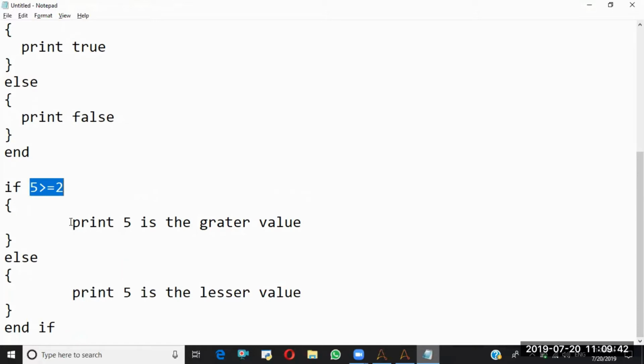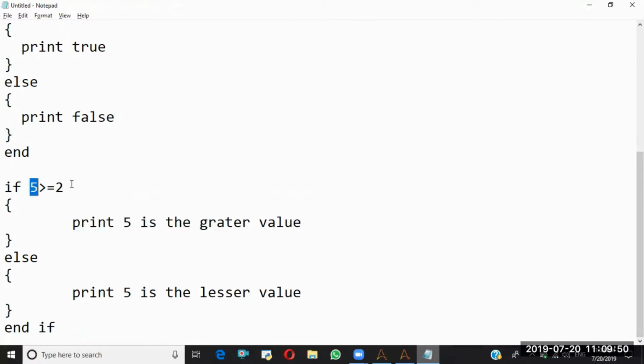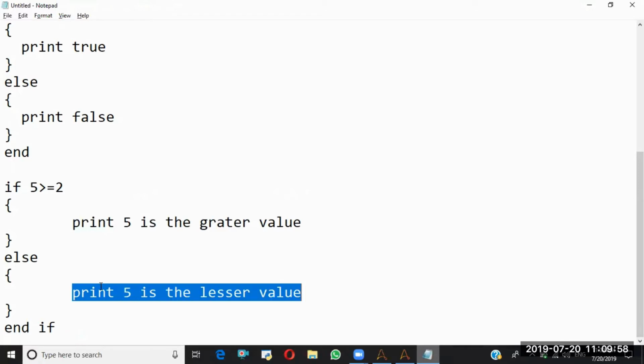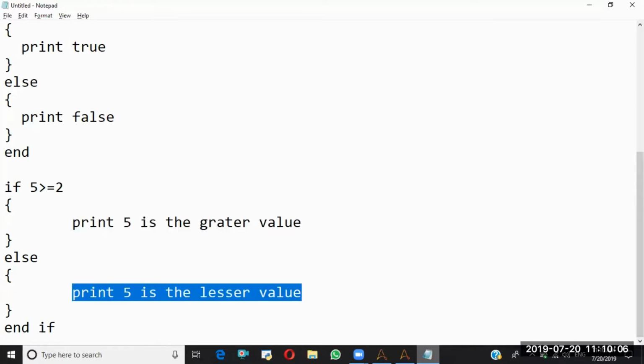In general, if the given condition is true, our program is going to execute this set of block, that means the true block. If the given condition is wrong, then it has to execute the false block. But this is not going to execute both the blocks. For suppose, if I wrote like this, copy.